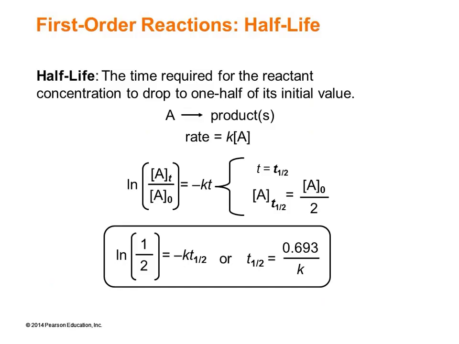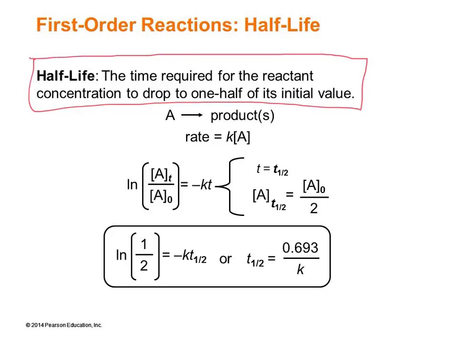All right, let's define a new term, one that's going to be with you quite a bit, and that's half-life. One way of quantifying or expressing to other people the rate of a chemical reaction is to talk about its half-life. Half-life is the time required for the reactant concentration to drop to 1/2 of its initial value. This is a unit of speed, so to speak, particularly favored when it comes to radioactivity or nuclear reactions. But it means the exact same thing, that basically how long does it take for half of your initial amount to disappear? For a first order reaction,